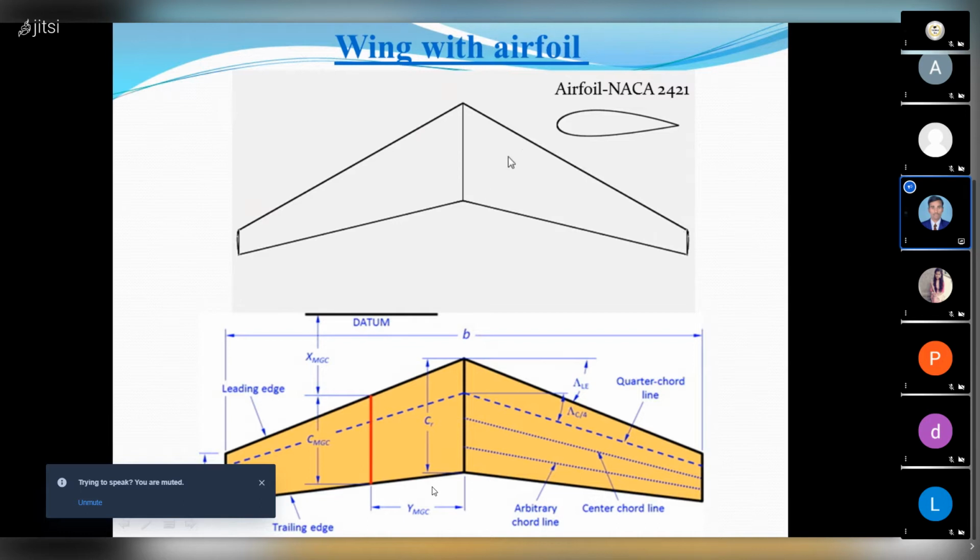In real life, if we are designing the wing, then we will add this number of aerofoils and give it a proper shape. Here also in OpenVSP, you can add your cross sections. If we take the cross sections of the wing, then we will get the aerofoil cross section. So like that, you can add as per your required aerofoil.